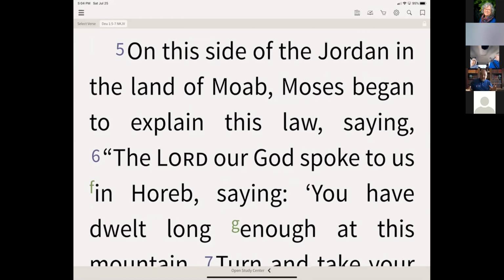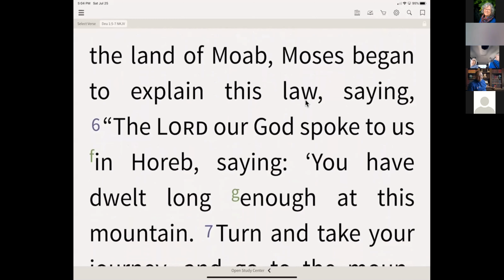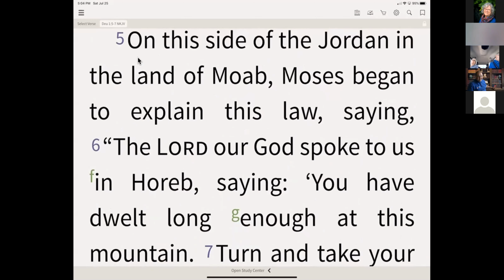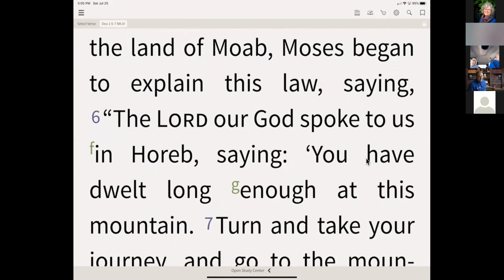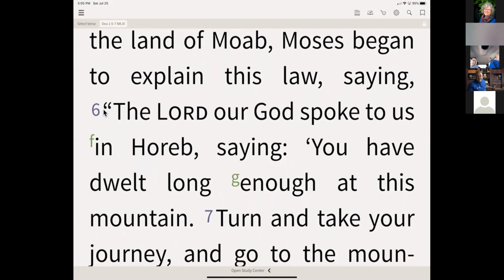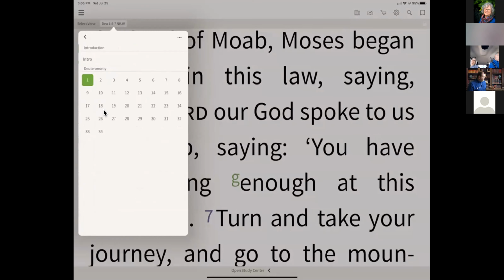one big homily. This is where the homily begins. Chapter 1, verse 5, that's the beginning of the homily, with the words, "The Lord spoke to us in Horeb." That's the beginning of Moses's homily. This homily goes all the way